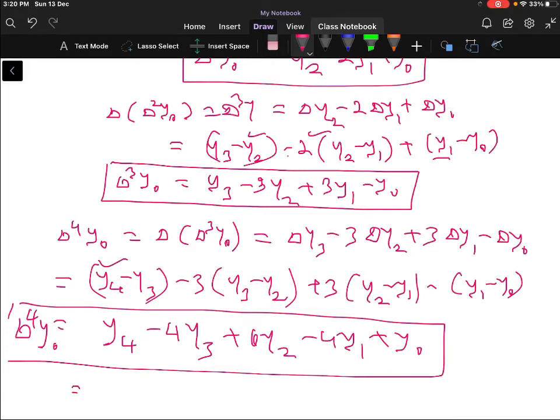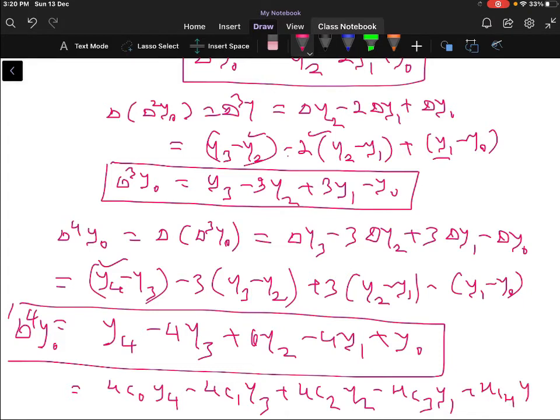So this can be written as 4c0 into y4 minus 4c1 into y3 plus 4c2 into y2 minus 4c3 into y1 plus 4c4 into y0,